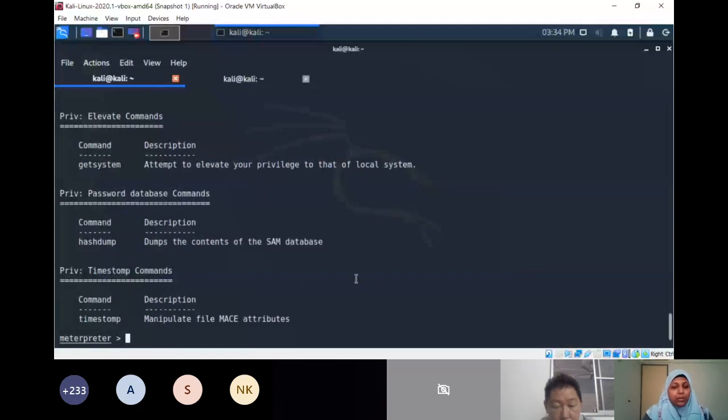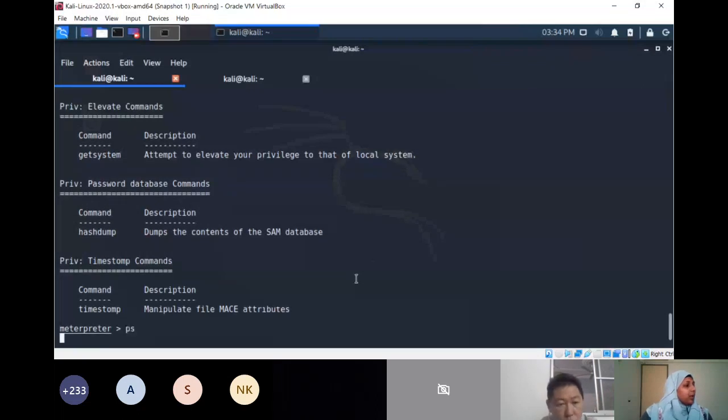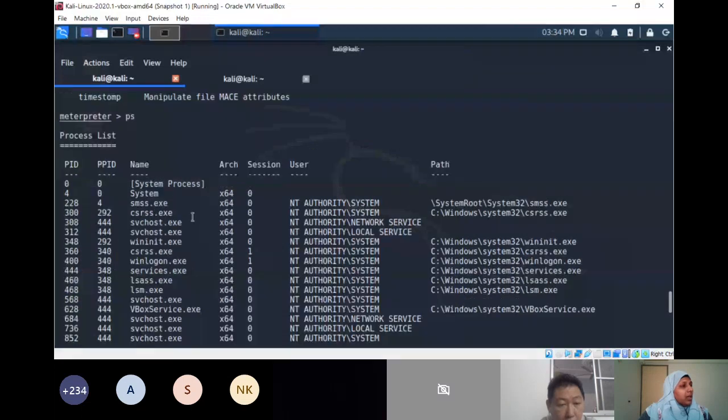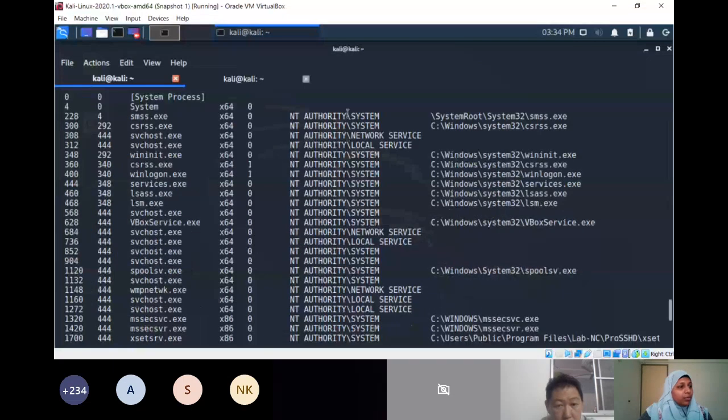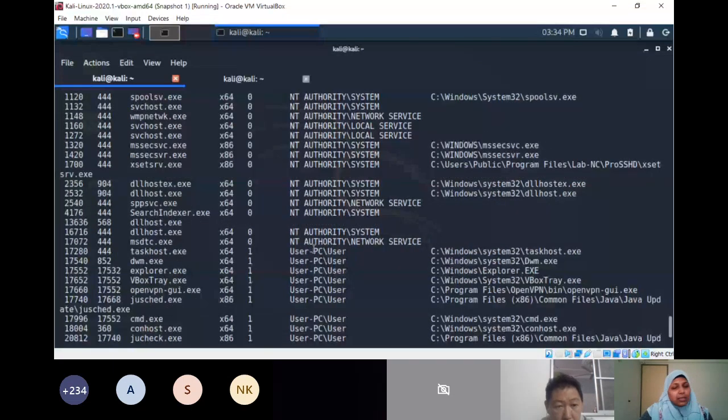The first one we can try to know is what are the processes running over there. So I can just type the command called ps to list down all the processes. Okay. So I run the command ps, so you can see all the processes which are running on the target Windows machine, from which path, all those details, with what permission, everything with the process ID is listed over